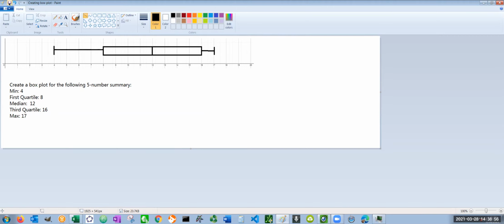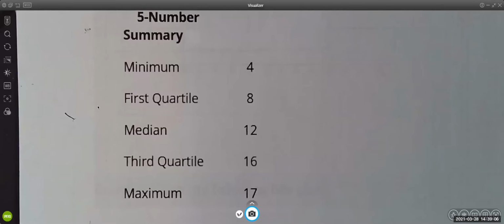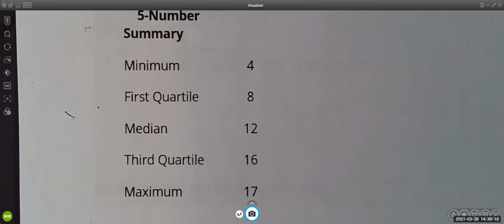And after that, you just need to save it. Save it as an image file. And that's all for this box plot graphing part. So let's go back to our paper. So our next topic,